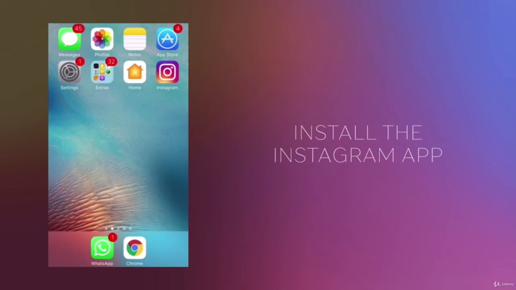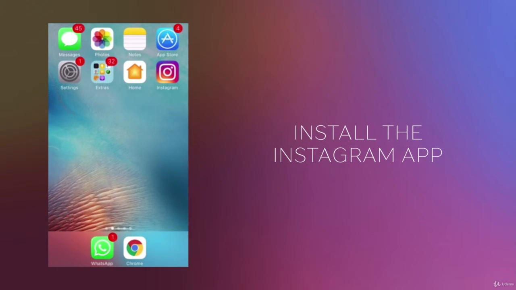I'm going to be doing most of the course on this iPhone, demonstrating all the stuff that I'm going to be teaching you, all the strategies to grow your account to 10,000 engaged followers on Instagram. So a big welcome. And in this exact lecture, I'm going to be going through how to set up your Instagram account. If you already have an Instagram account, feel free to skip on to the next lecture where I'll show you some more cool things. But for now, for those of you who don't have an account, you guys can stay around and let's jump